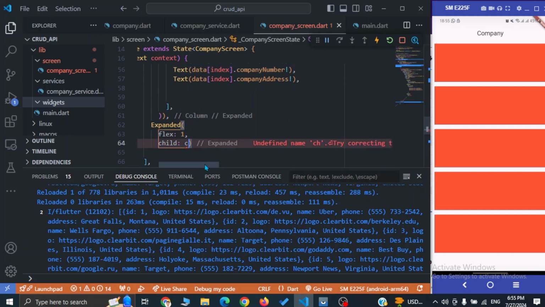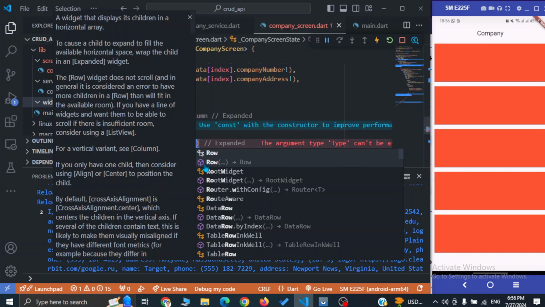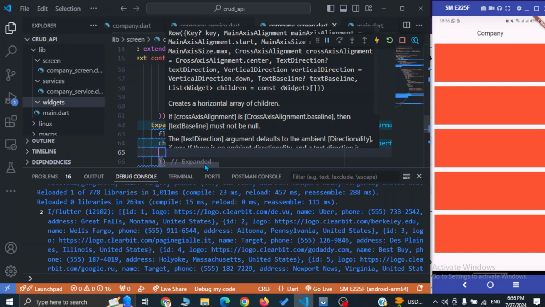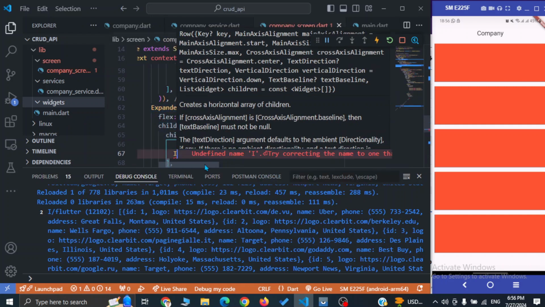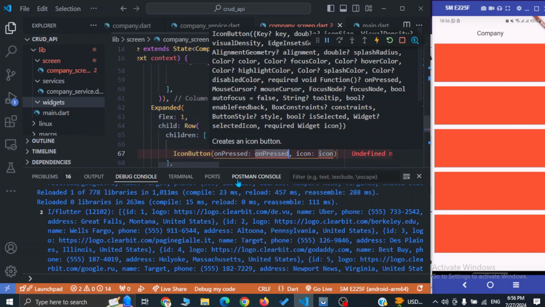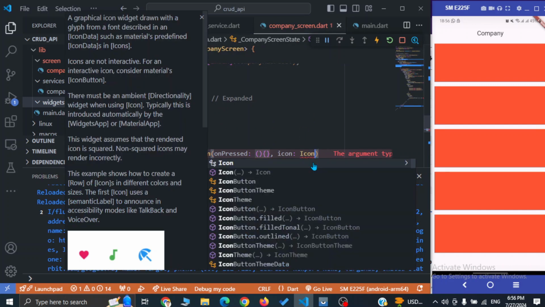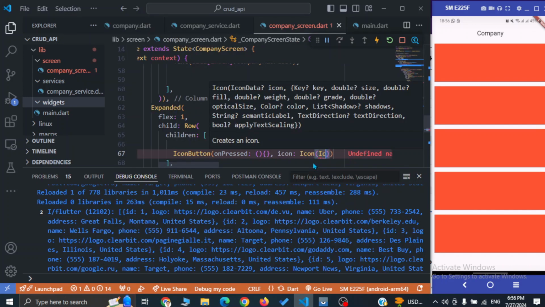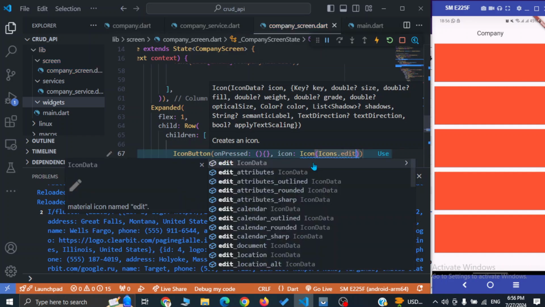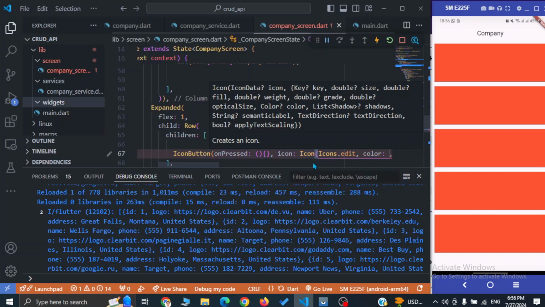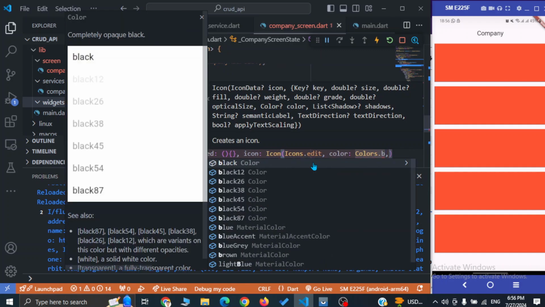In this Expanded we are going to use IconButton. We are going to use two IconButtons, that is edit and delete. So let me make a Row with children and write the code for two IconButtons. Let me provide an empty function for onPressed, and we will update it later. In the icon, first we have Icons.edit, and let's change its color to blue. Color is going to be Colors.blue,